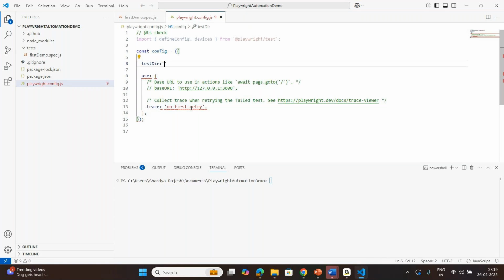testDir colon. If you see these things, everything is key value only. This is the config file, and we are adding these things in the config file. So now I have added dot test. This is a root. Dot means root, and test means this path. So for everything after this, comma,